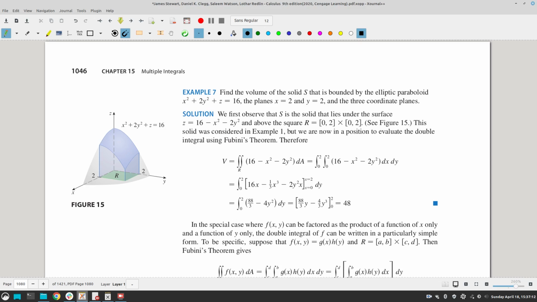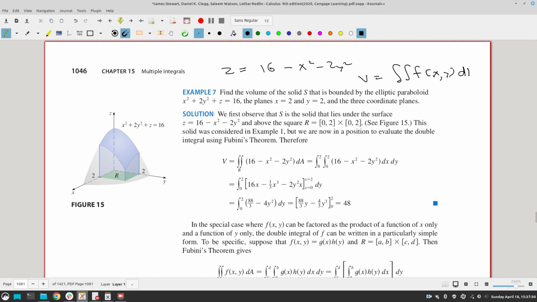Now what you have to do here is take z to be a function of x and y. So z equals 16 minus x squared minus 2y squared. So you do the double integral. The volume equals the double integral of f of x, y dA. Of course, dA is dx dy over the region, which is